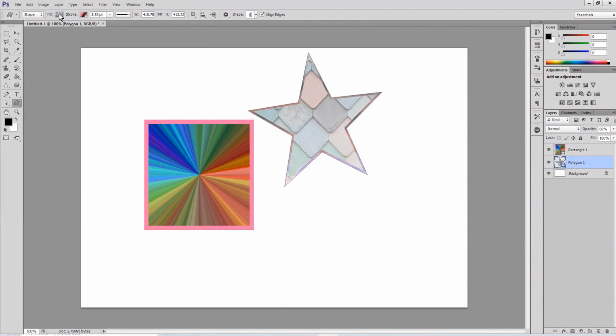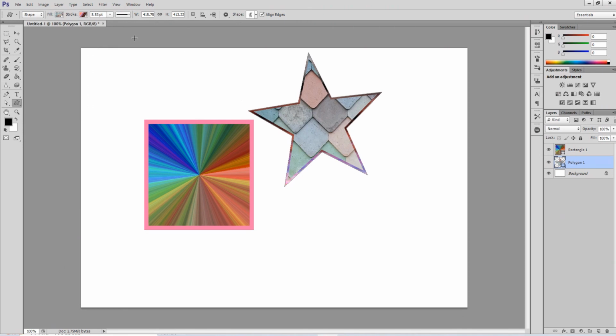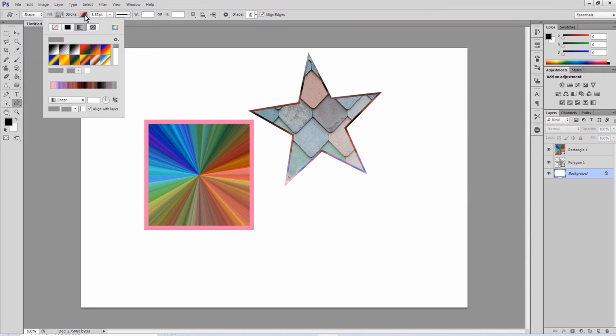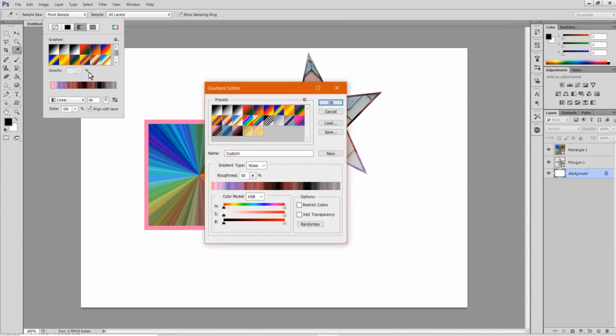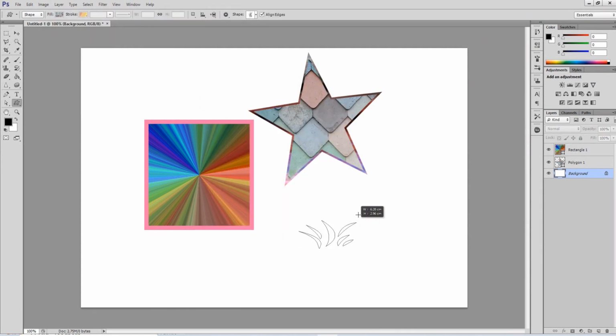I can take the fill color something like this. Then, the polygon is selected, so its fill color has been changed. Now click on the background layer, then click on the custom shape, choose the fill color, select another layer. Now choose the line, click on OK, select the shape and draw it.